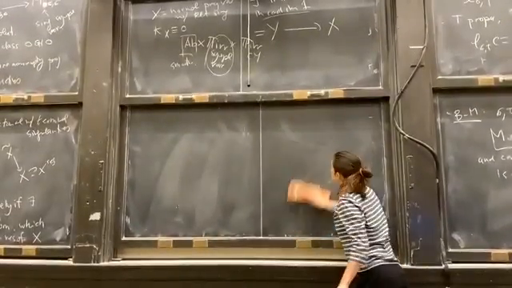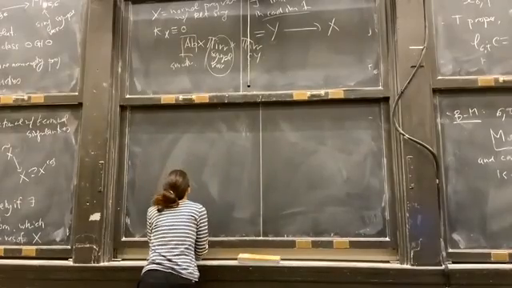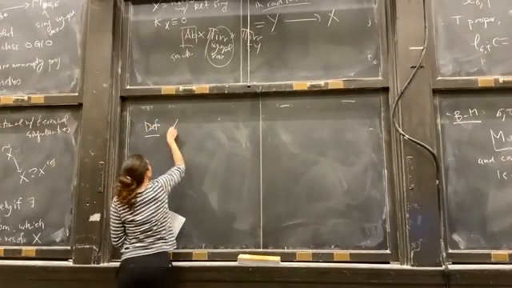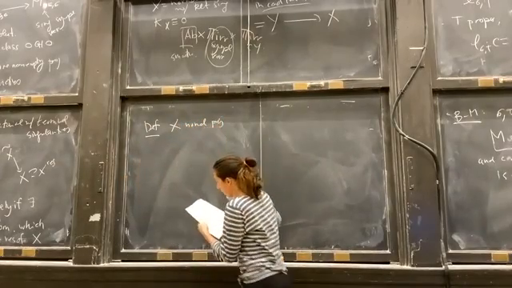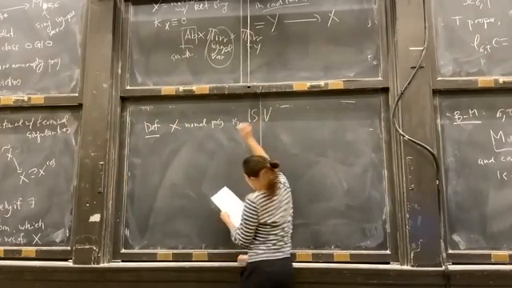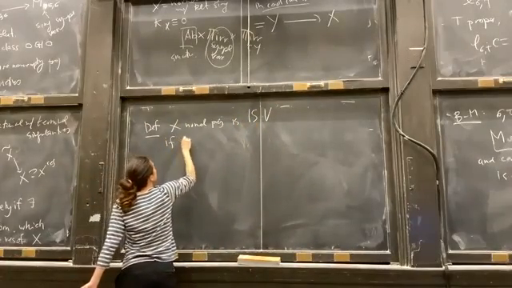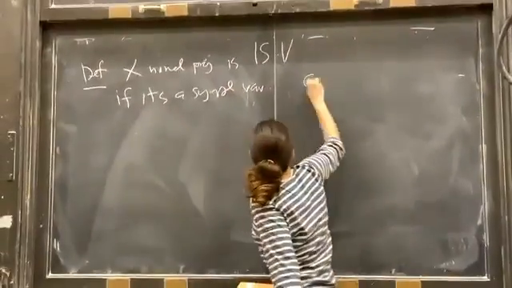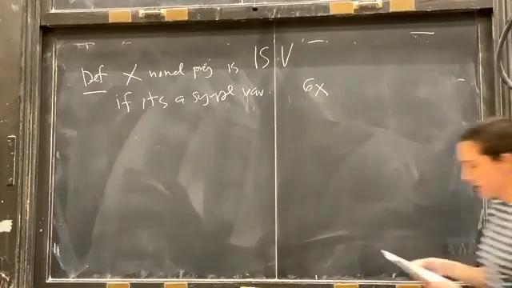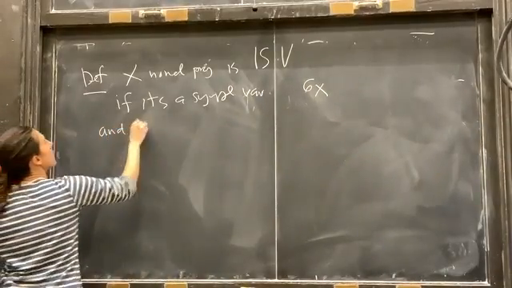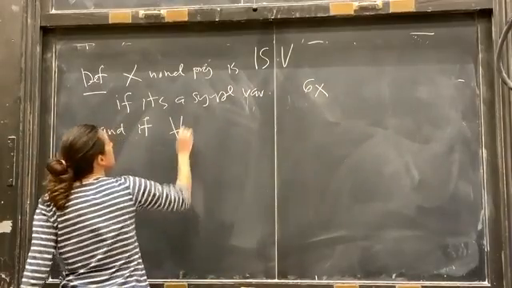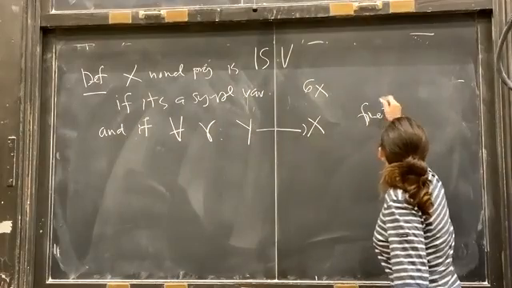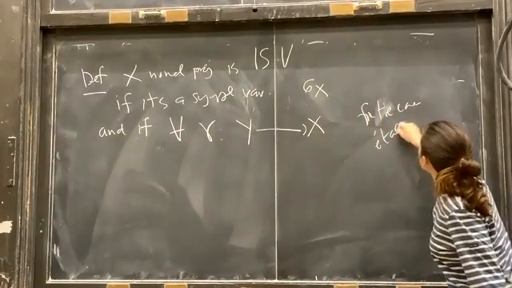So let me tell you what the definition is. X normal and projective is called an irreducible symplectic variety if it is a symplectic variety in the sense of Beauville, so with this reflexive symplectic form sigma on X, and furthermore, for every finite cover gamma from Y to X, étale in codimension 1,